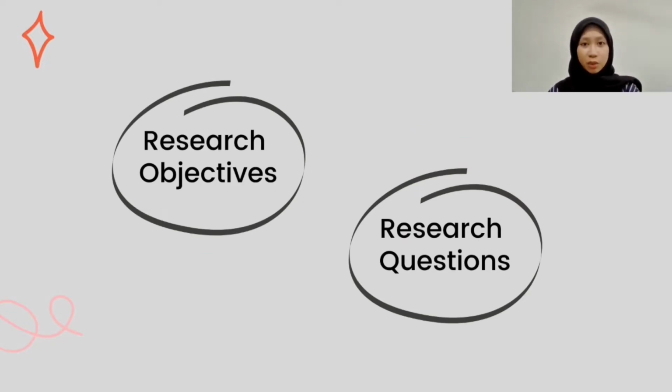There are two research objectives of this study: to find out the types of questioning strategies used by the teacher to gain students' verbal responses, and to identify issues that cause the students' lack of verbal responses in virtual lessons. There are two research questions, which are: what are the types of questioning strategies used by the teacher to gain students' verbal responses in virtual lessons, and what are the patterns of questioning strategies used by the teacher that cause the students' lack of verbal responses in virtual lessons.